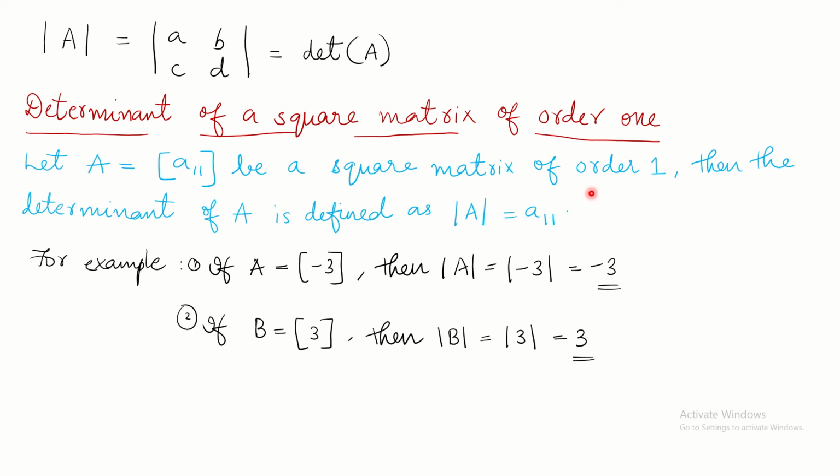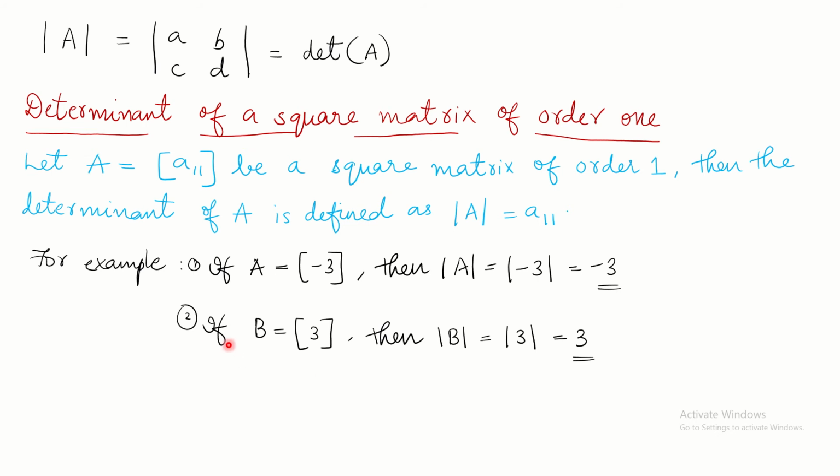I had given you in the previous line that determinant of A is equal to A11. So the element is given, and you have to write that element itself. No need to change the sign of it. So here you have 3 as negative, so the answer will be minus 3. No formula, nothing. Just write the element, whatever it is.